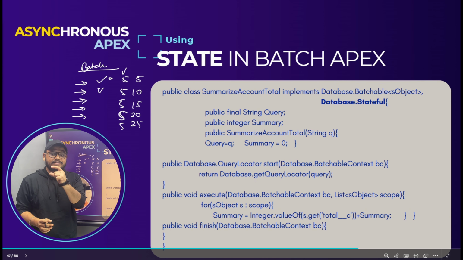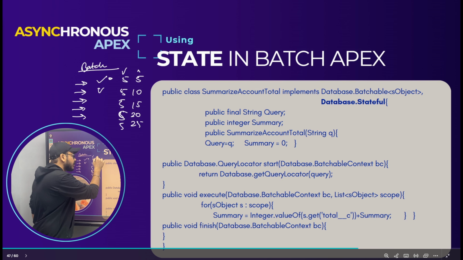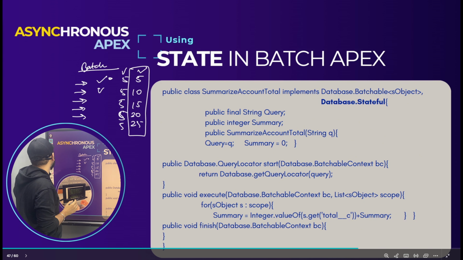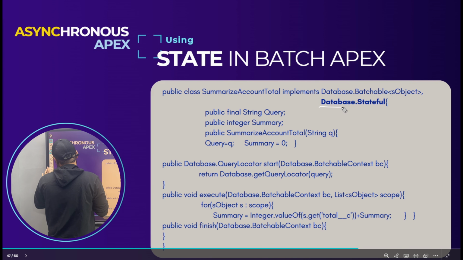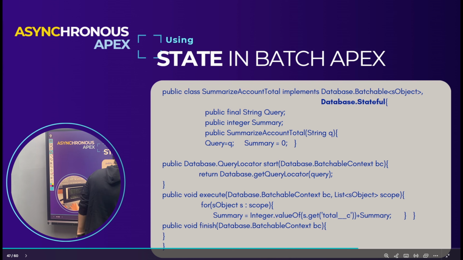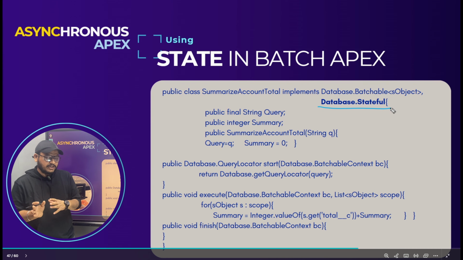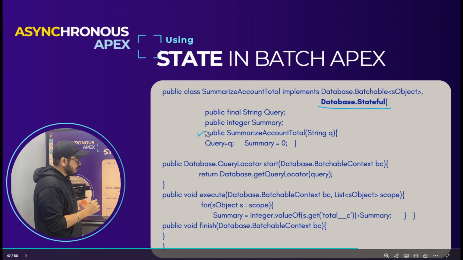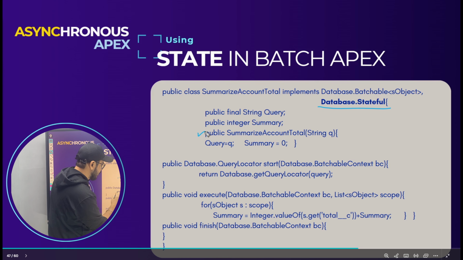It only works on the execution as a discrete transaction of that particular execute, right? If your requirement is this, then what you can do is define one more interface here, Database.Stateful. When you use Database.Stateful, you will be able to define variables. Again, those cannot be static variables, but you can define variables like this one, which will maintain its value across batches, right? If you look into this particular example, we have this variable defined, summarize account